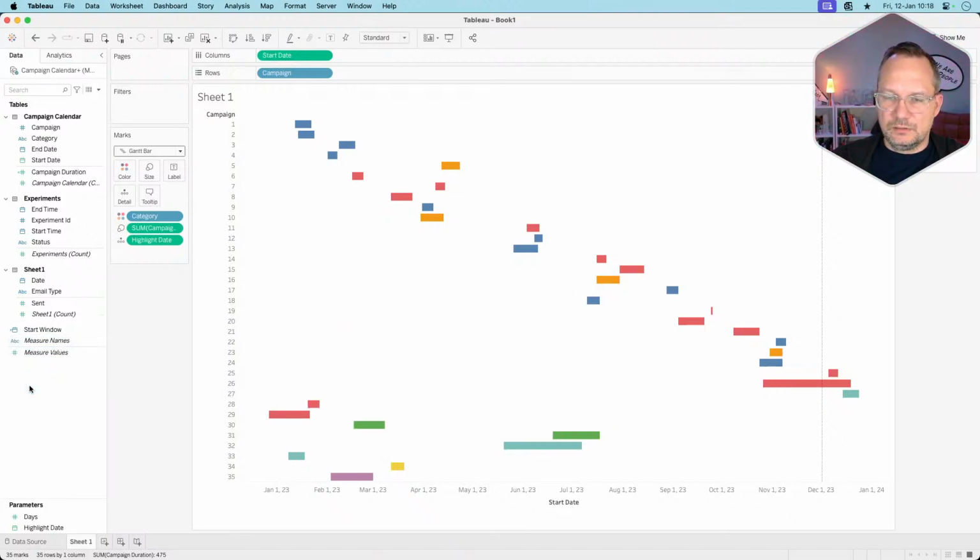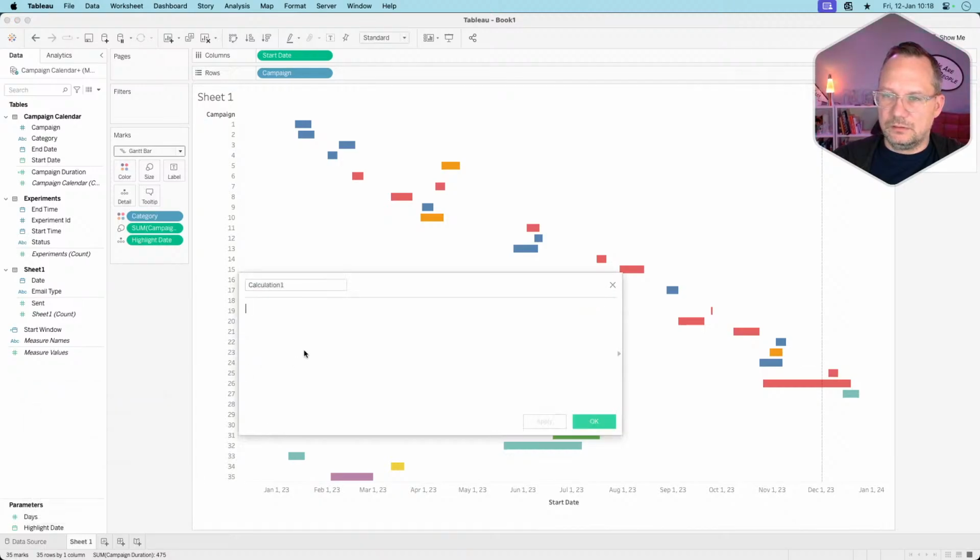That a date, and then end date is less than or equal to start window. It really doesn't like that. Why is that? That doesn't make any sense to me. Because we want to know if, for each record,